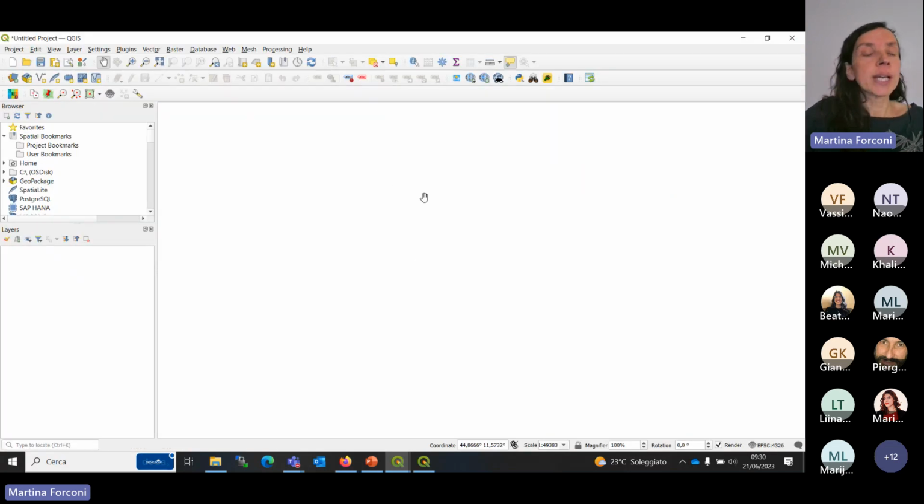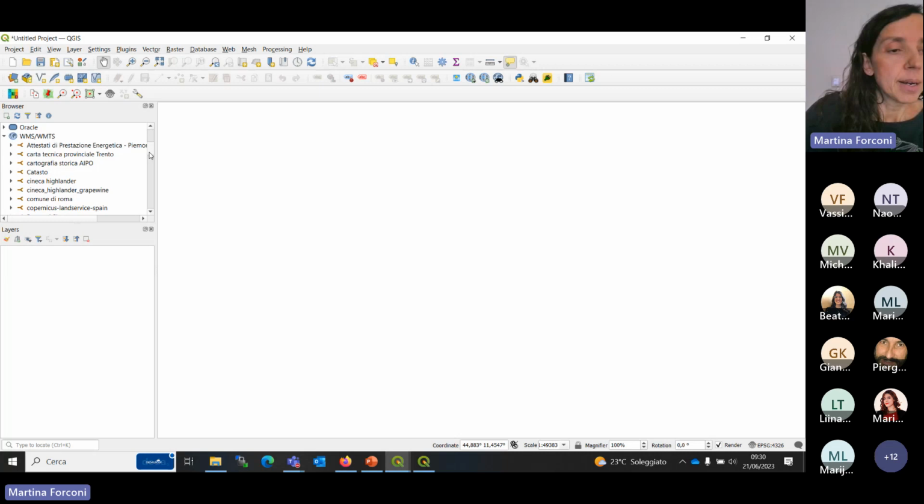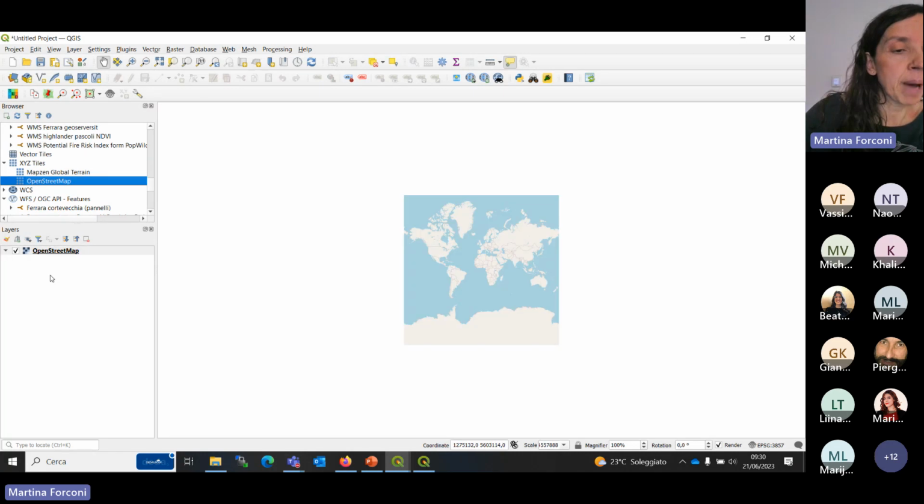When you download QGIS, this is what you see at the beginning. As I suggested before, you can add OpenStreetMap in order to have a base map.